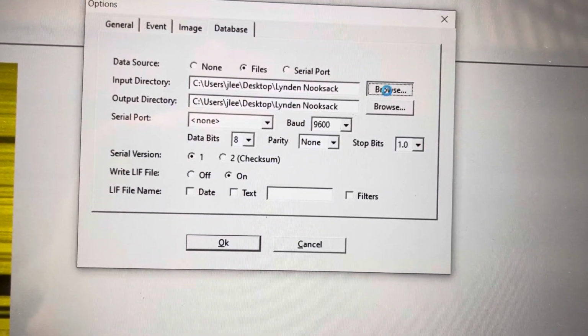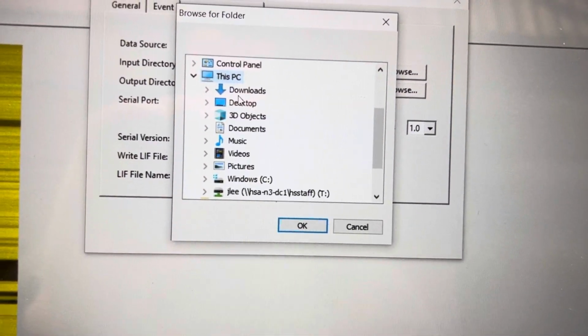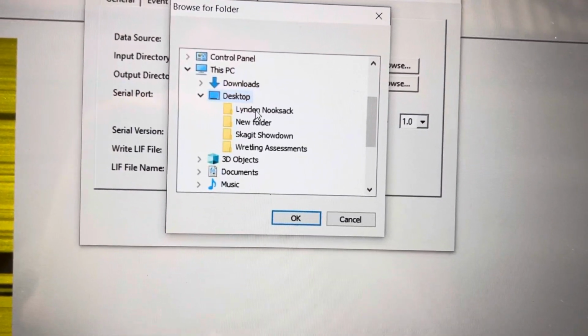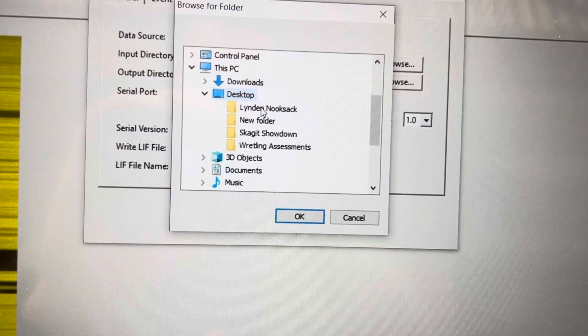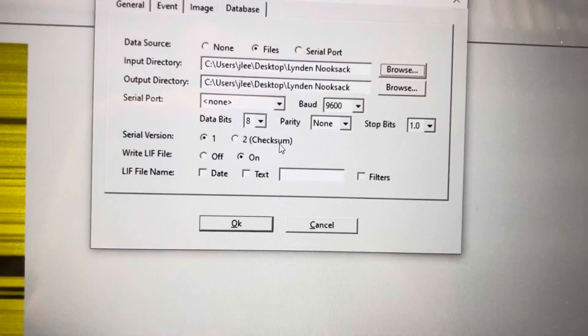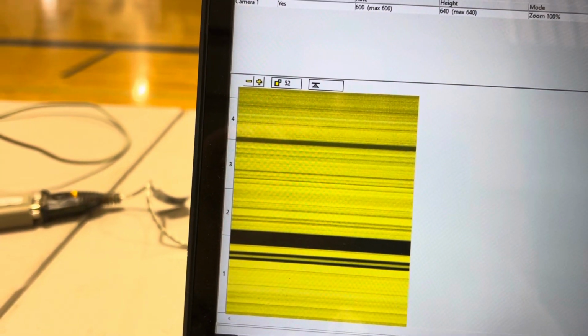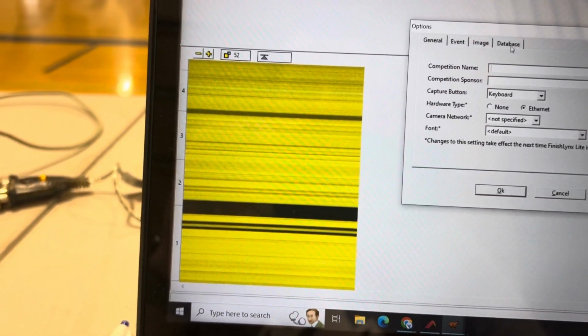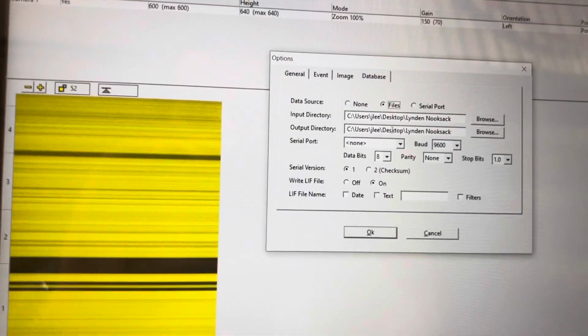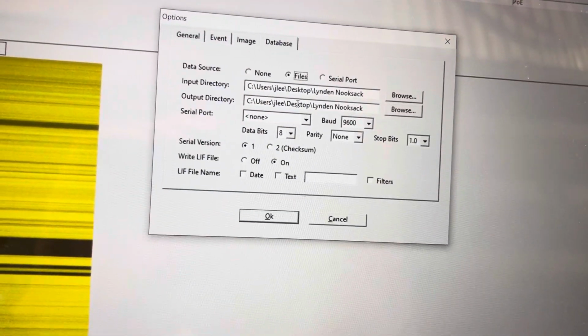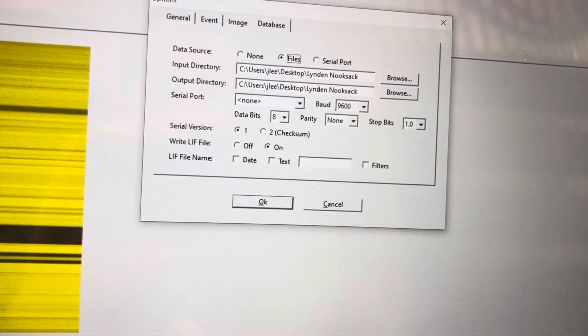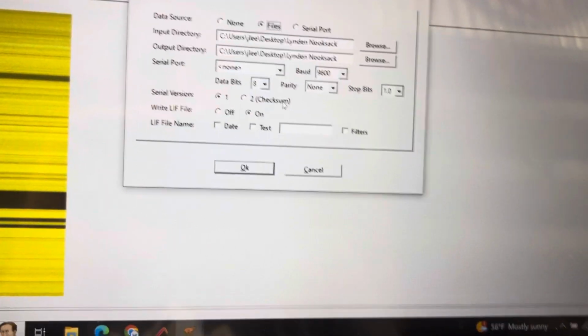So you'd hit browse, you'd have to locate it on this PC, desktop. Here's a couple other ones, Skagit Showdown, that's not the one we want. So we want Linden Nooksack, we hit okay, and then it should load. So then we hit okay. I'm going to go back into that File, Options, Database. So there's some other things that need to be clicked in this. You can see it on the sheet that I send you. But essentially, if you have these two things done,